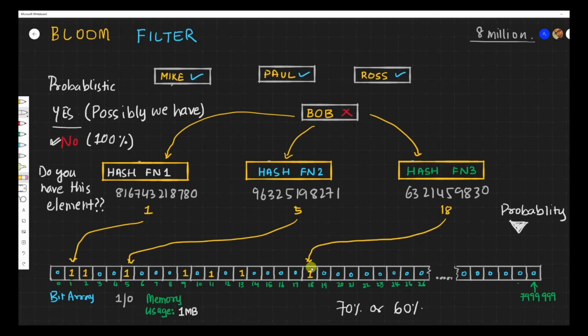And the more hash functions you add and the more you increase the bit array size, what will happen? The accuracy of this algorithm will stay higher. But that comes with a cost. Hashing also has some cost, so each hash that we perform has some cost here. That is a trade-off that you need to understand and make.